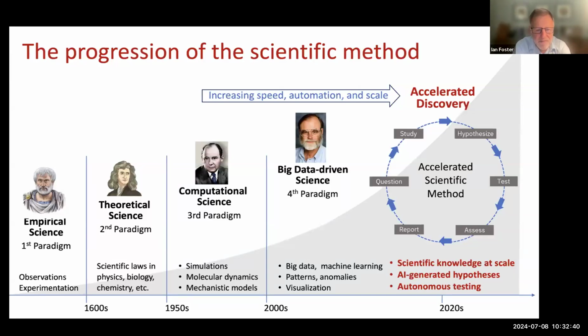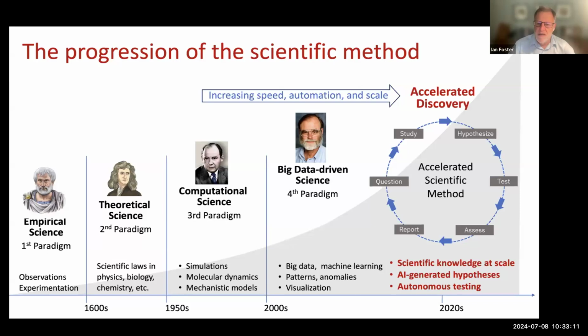Before most of us were born, but not that long past, computational science emerged as a third paradigm for discovery. And, as exemplified here by a picture of Jim Gray, a famous data scientist, data-driven discovery was recognized in the 2000s as a fourth paradigm of discovery,